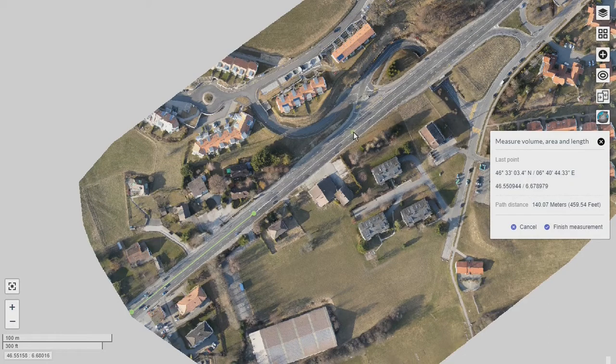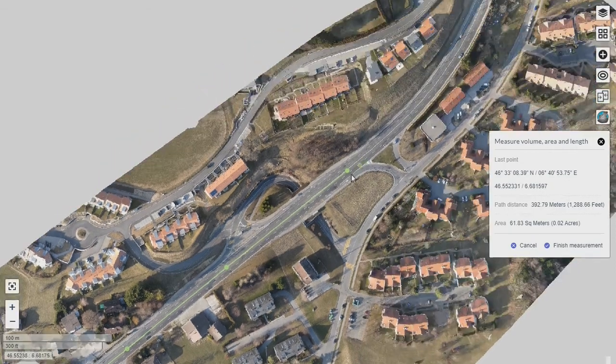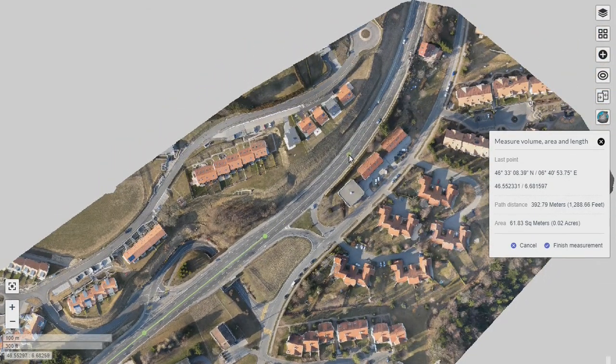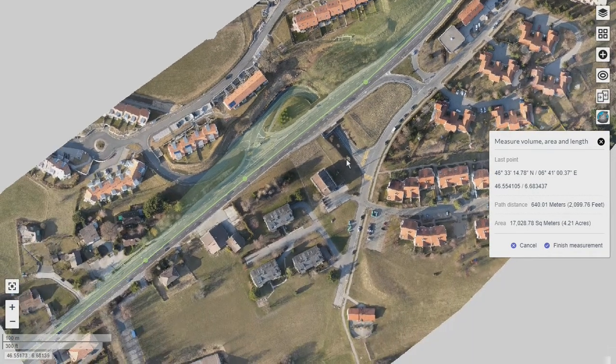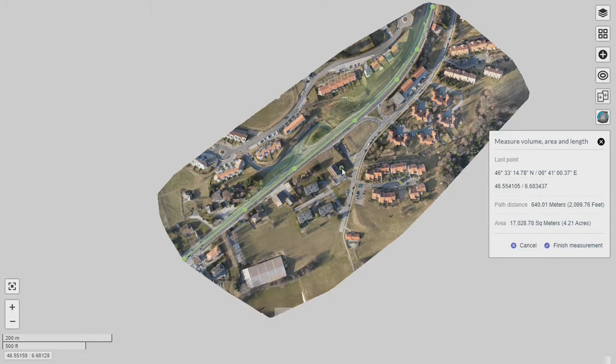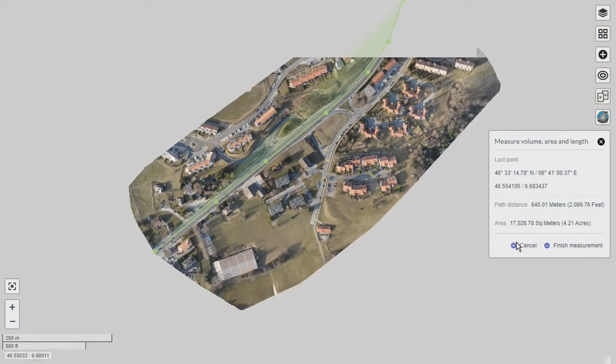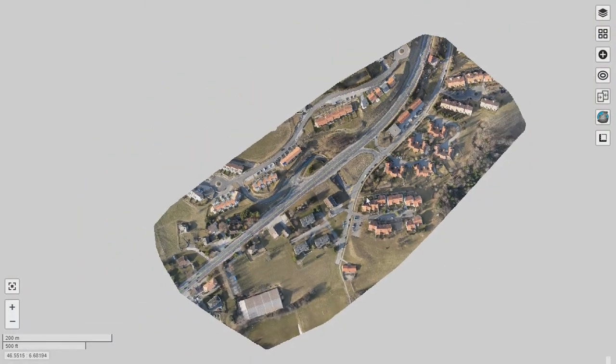You left click on the road and it will start creating the points. You can drag the map with the left click and continue making the path. Now, as you can see on the right hand side, the path distance is 640 meters. It is also giving the distance in feet. Alright, so that's how you calculate the path distance.